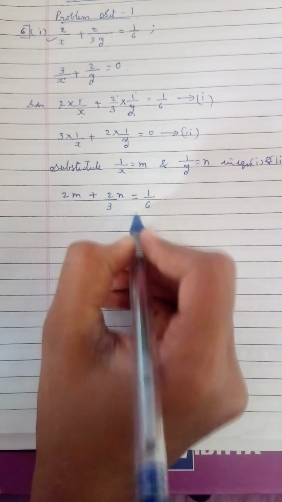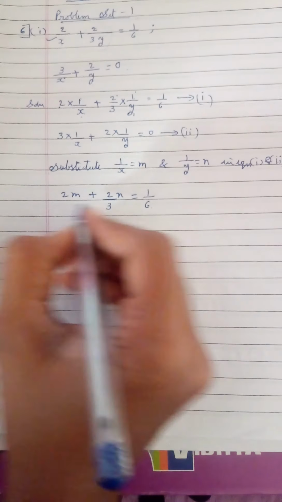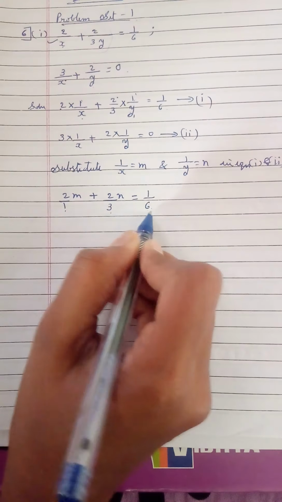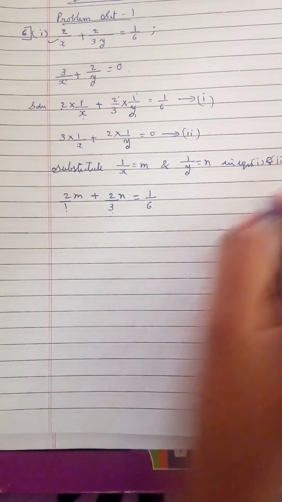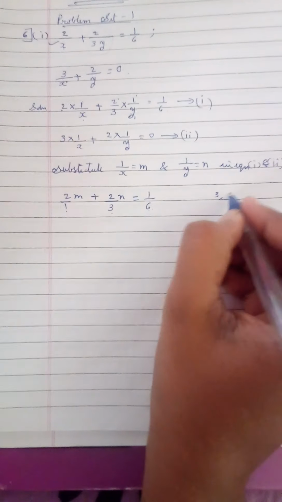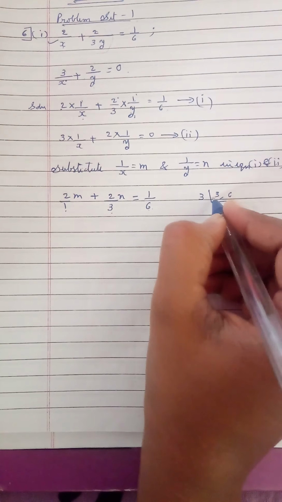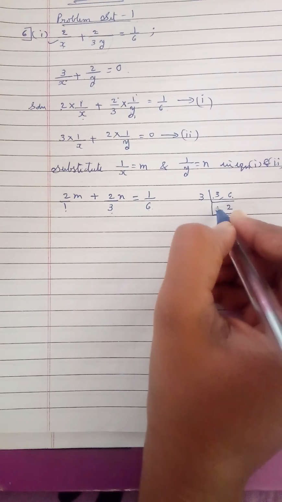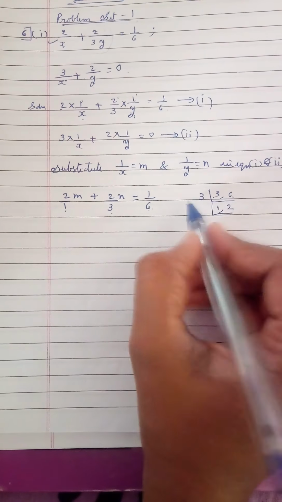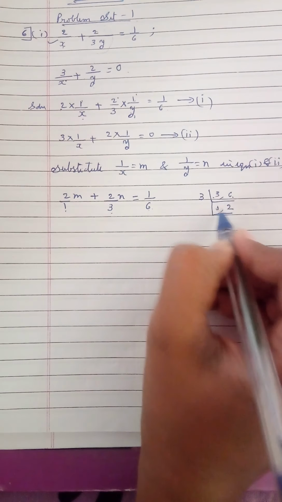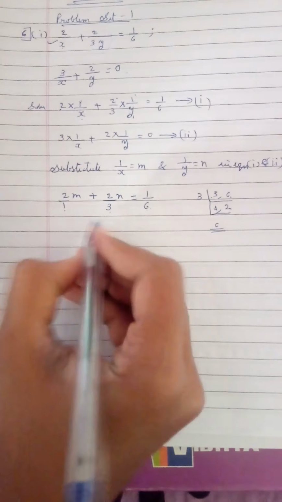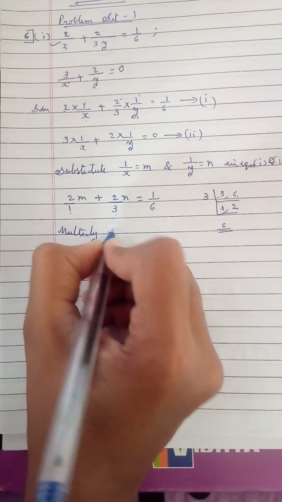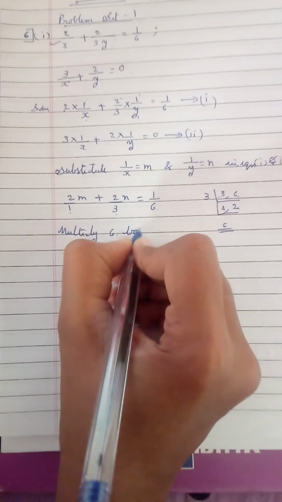So simplify this equation, that is here in the denominator we have 1, 3 and 6. The LCM of 1, 3 and 6 is 6. How? Here 3 and 6 go with table 3. 3 ones are 3, 3 twos are 6, and 1 and 2 won't go with any same table. So we will multiply. 3 ones are 3, 3 twos are 6. LCM is 6. So multiply 6